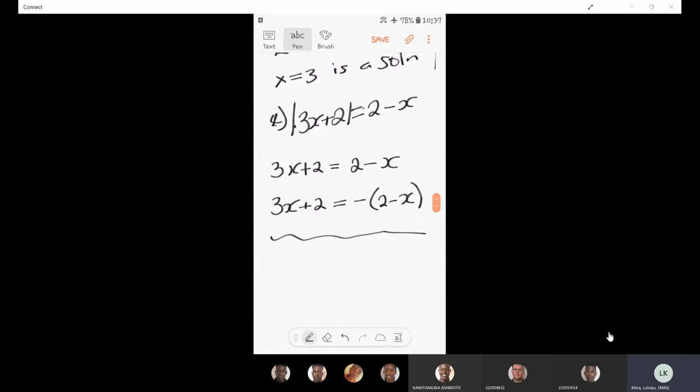So here I have 3x plus 2 equal to 2 minus x. So what I can do is add x on both sides. So I will have 4x on the left-hand side. And then